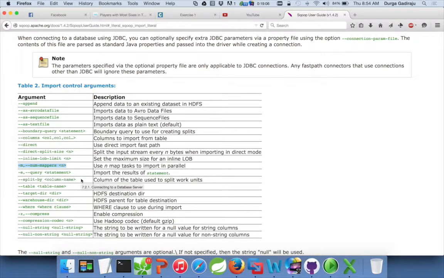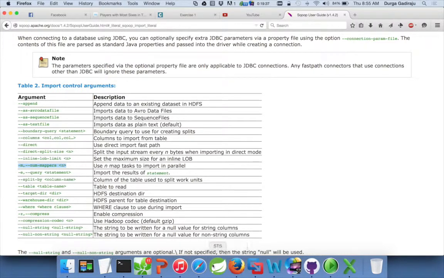And --split-by: if the table does not have a primary key, then you can give a split-by clause and pass an indexed column, and the import algorithm will use that column to divide data into mutually exclusive data sets, as explained in the previous video, to copy the data into the target. And --table is the table from which you want to copy the data.